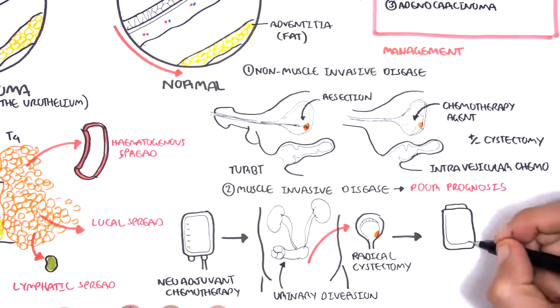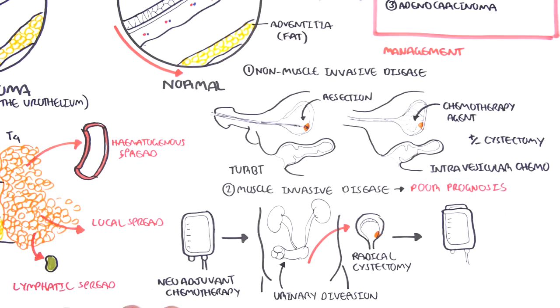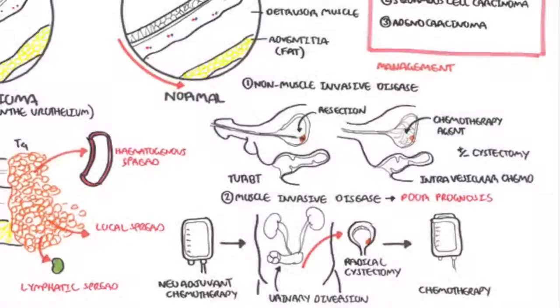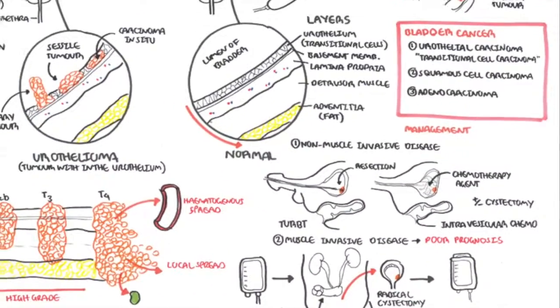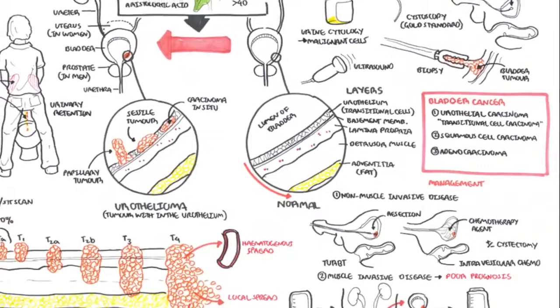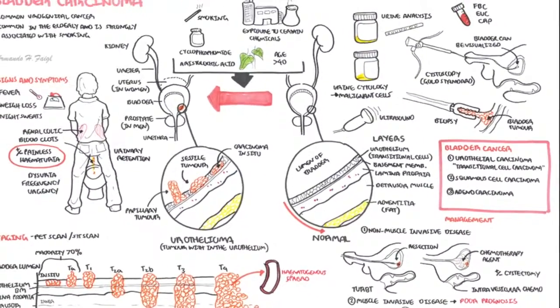Post-surgery, chemotherapy is used again. The chemotherapy of choice nowadays is cisplatin and 5-fluorouracil. However, radiation is also offered with chemo for bladder cancer, and thus chemo agents used